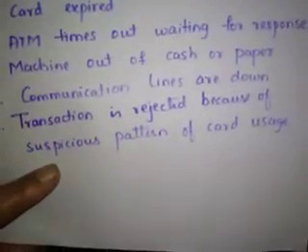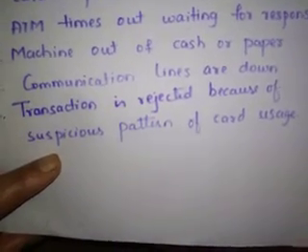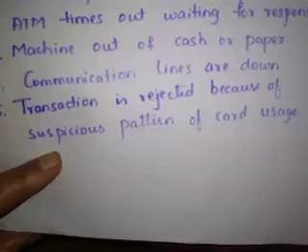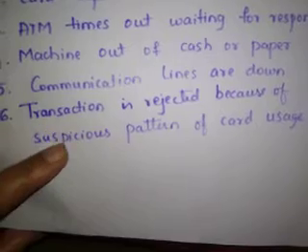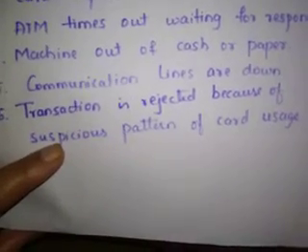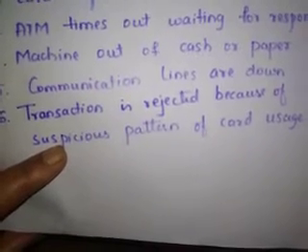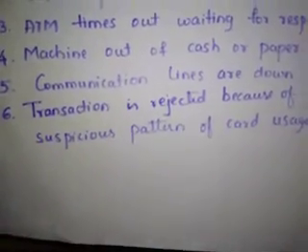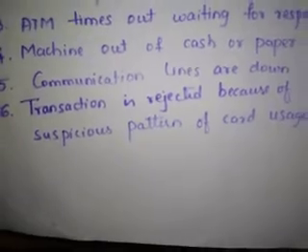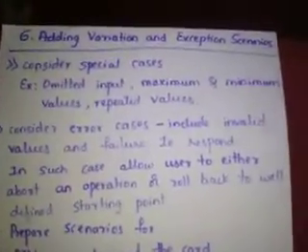Next, the transaction is rejected because of suspicious patterns of card usage. The cybercrime people know the different patterns of how fraud happens, right? In such cases, the transactions will be rejected. For example, entering the PIN more than 3 times means you might be using someone else's card. In reality you might have forgotten, but this is a pattern that somebody else is accessing the card, so trying more than 3 times will be suspected and rejected, and your account will be blocked, right? So you should consider the variations and the exception scenarios.